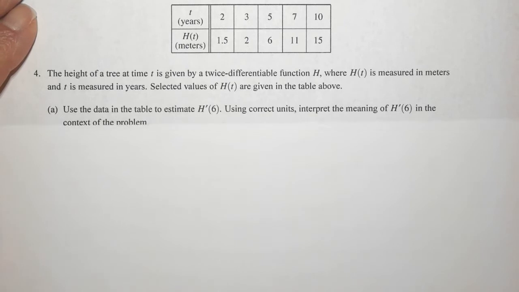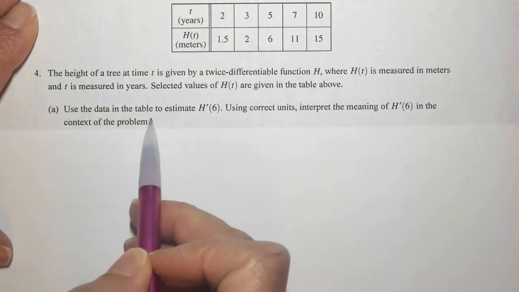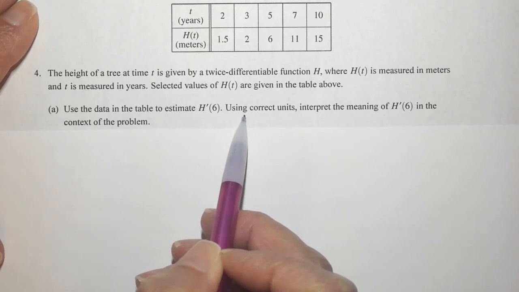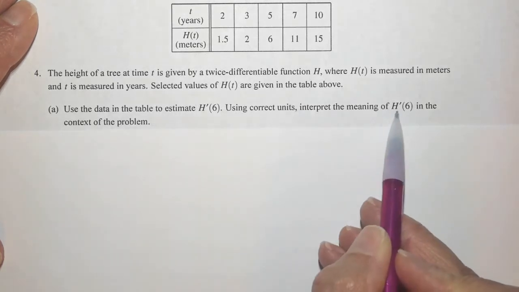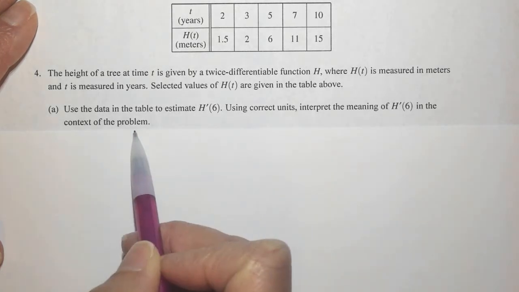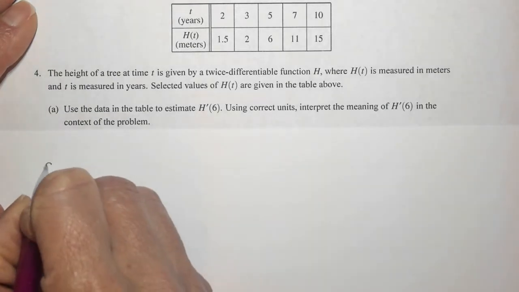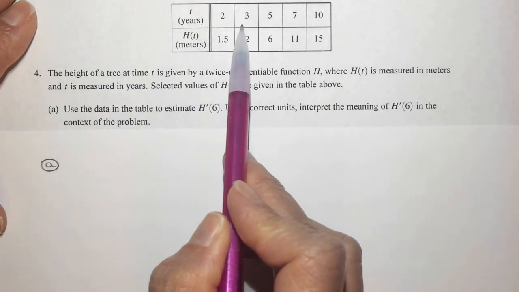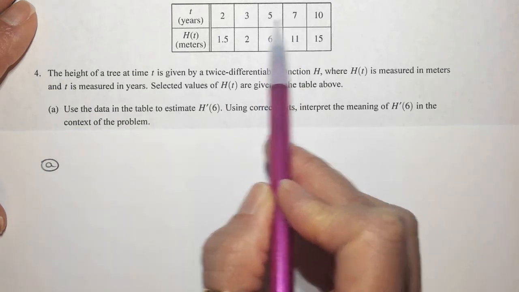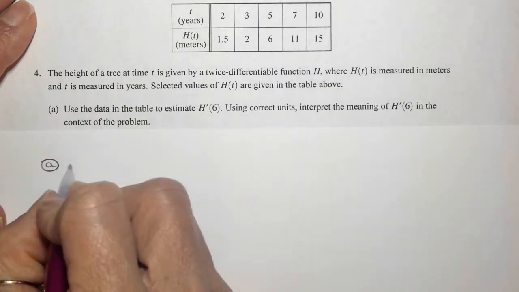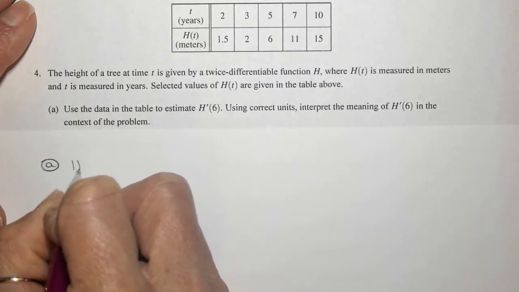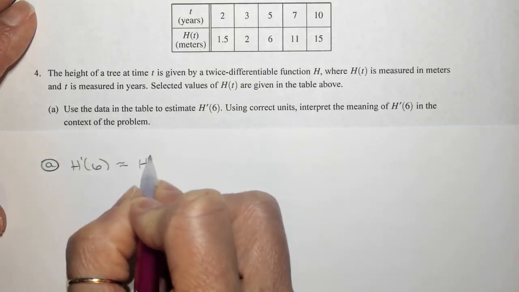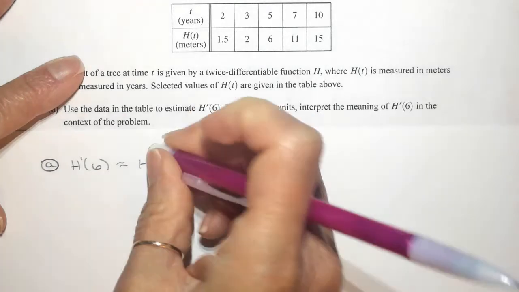So the first question here says, use the data in the table to estimate h prime of 6, and using the correct units, we want to interpret the meaning of h prime of 6 in the context of the problem. So first of all, for part A, we don't have 6, so we have to use the values that have 6 in between. So we want to calculate h prime of 6 is approximately h of 7